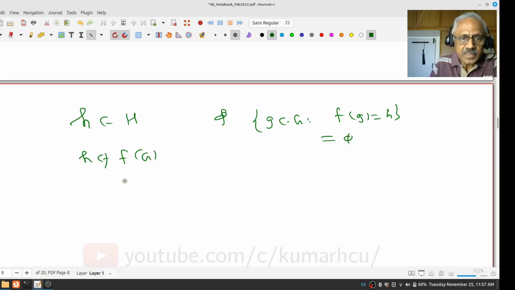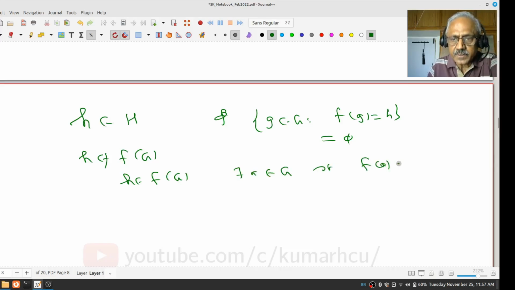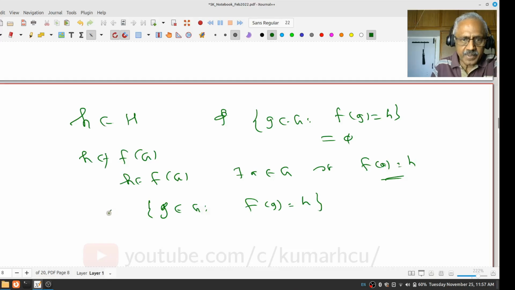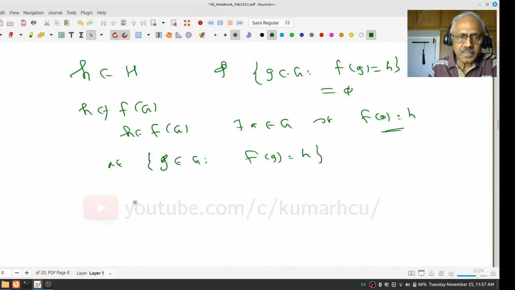Therefore, suppose h is in f of G, that means there is at least one a in G such that f(a) equals h. That is, I have a particular solution of this set, namely a. Then I know all the solutions. This solution set is nothing other than